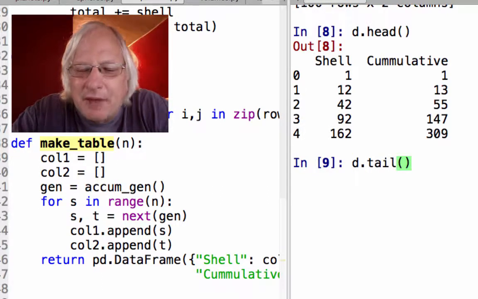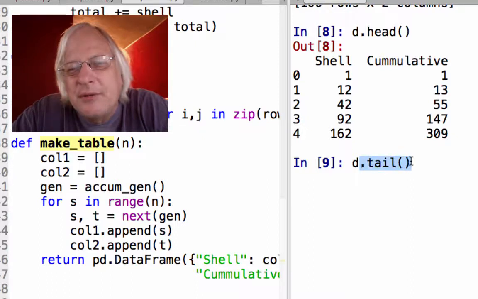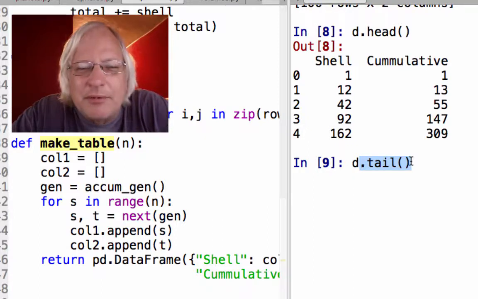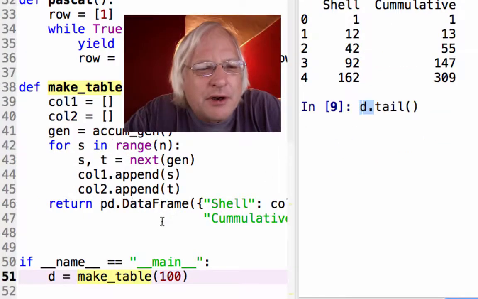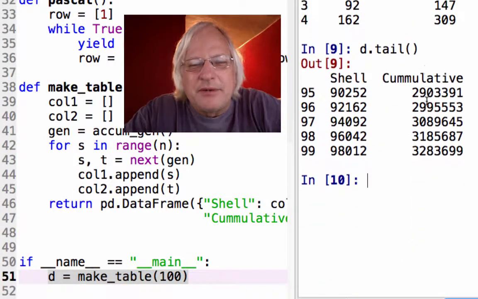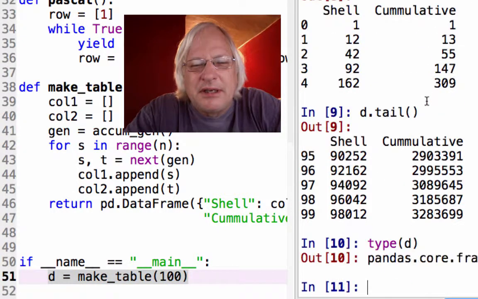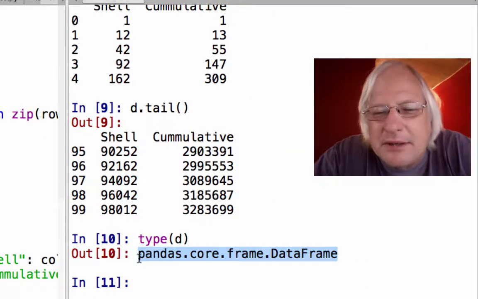It's a type of object, and that means that it has its own set of controls. The way we get at the controls of any type is through a specific instance of one of those. Like this is a specific dog or cat. This lowercase d, created over here on the left on line 51, is actually of the type data table. So we should look at its type. We should actually ask, what is the type of d? And we get back down here, it's a Pandas DataFrame.